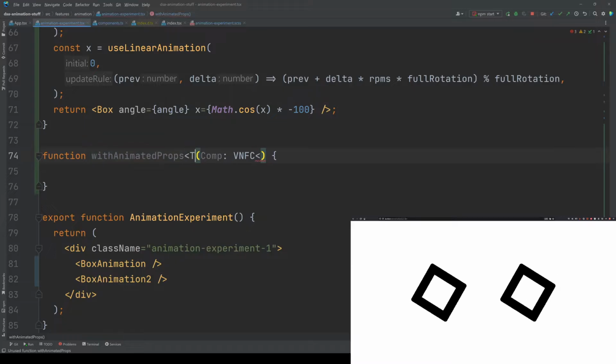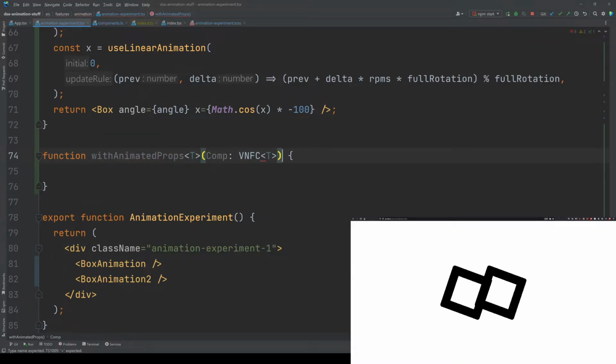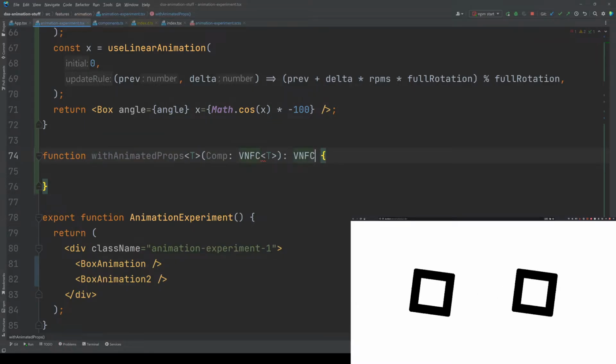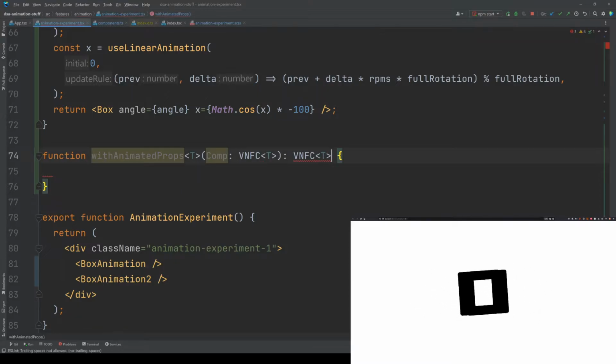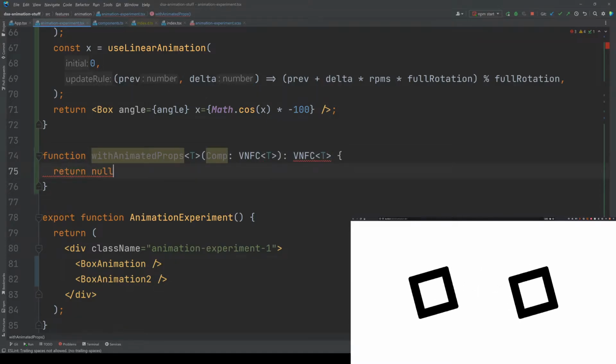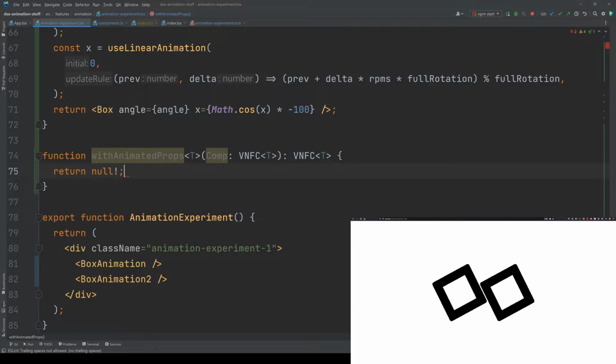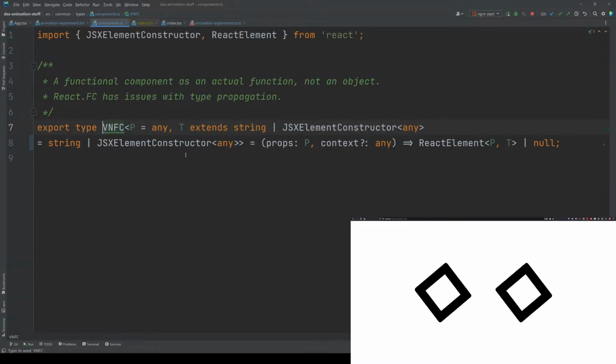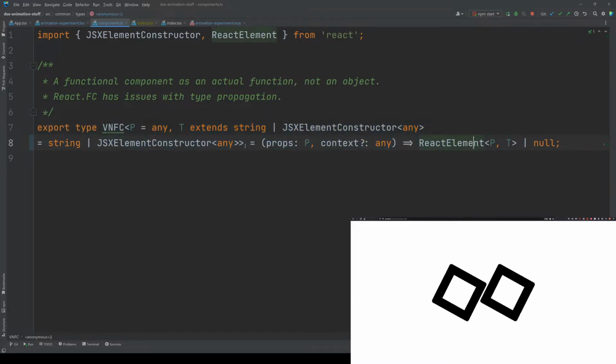It's going to be generic, and it's going to return a functional component. What is this VNFC? This is my own functional component definition, and that is because if we go and look